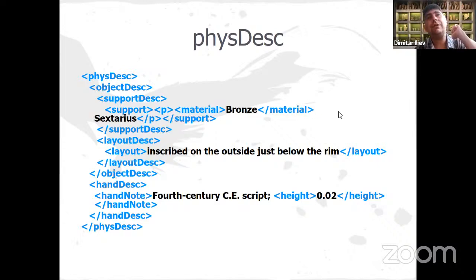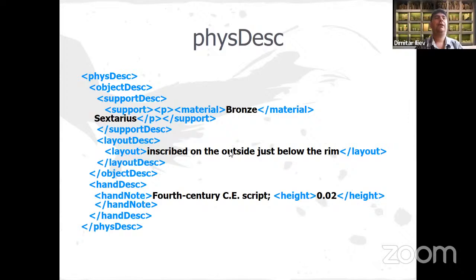And you can write here whatever you wish, but if you have a word or a phrase, a string, that describes your material, be sure to also encompass this and tag this as material, because you probably would want all your inscriptions to be able to be filtered by that criterion. And layout description also contains a daughter element called layout,